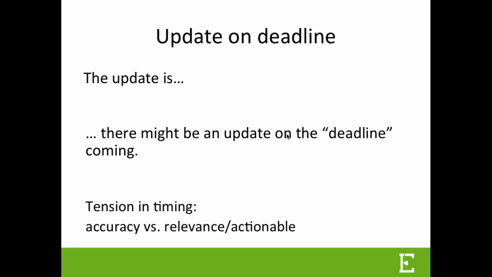tension, and as long as there's more flexibility for states, this tension on timing might be even more pushed down to you all, which is, do we take more time to allow for more accuracy, or do we try to get data out earlier and then it has more relevance, or there's more actionable data in the data set? And that is a tension that will likely get moved to the SEAs if there's more flexibility on the deadline.